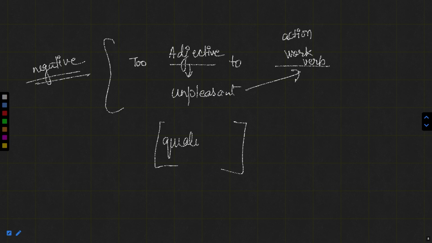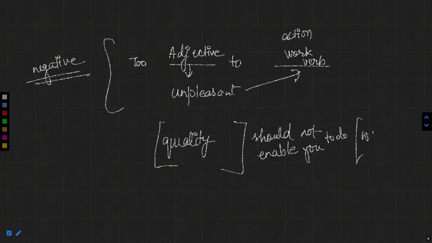This quality, whatever you write over here, should not enable you to do this work, whatever you write over here. So this should be the structure to use this 2 and 2 structure in a sentence, because that will make